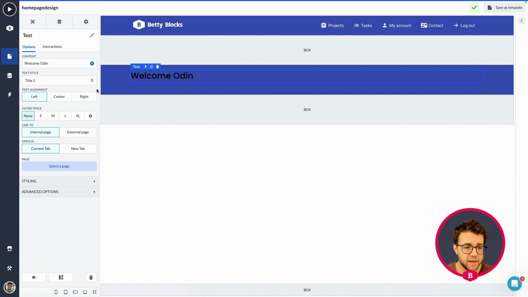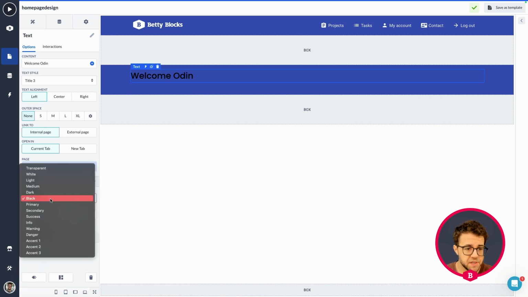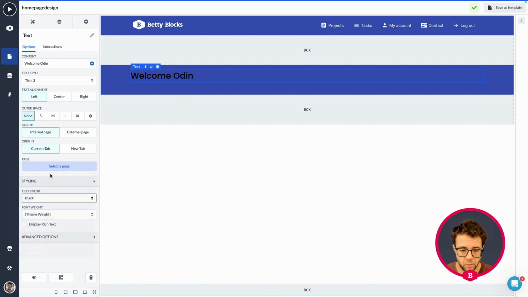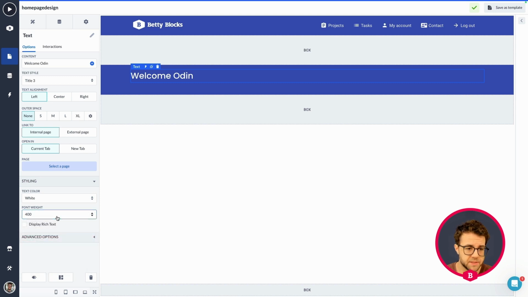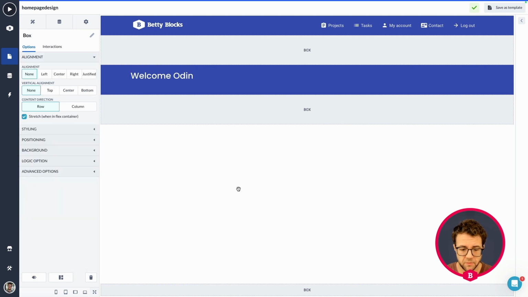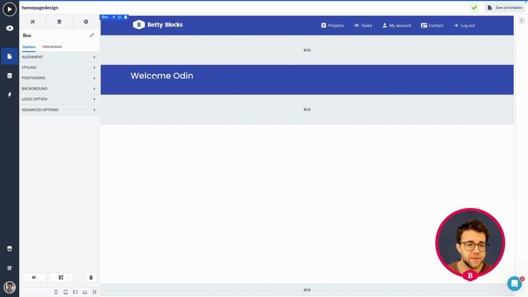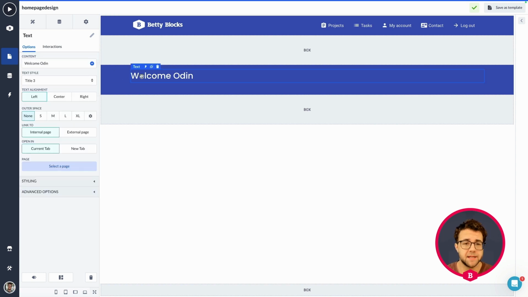I am going to dive into the styling, and I'm going to change the text to white. Let's have a look. Theme weight. Yeah, no, I'm just leaving it up to what the theme weight is. Now that we have got a text that is nice, neatly aligned with our navigation bar, we're going to make